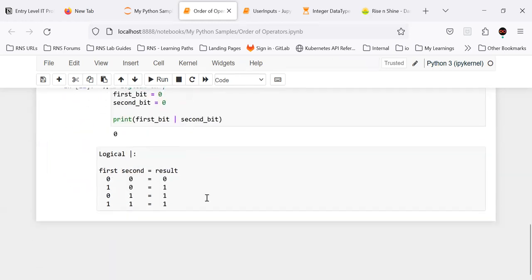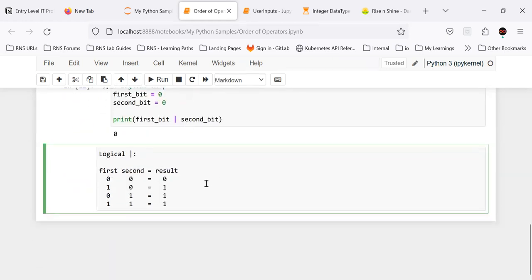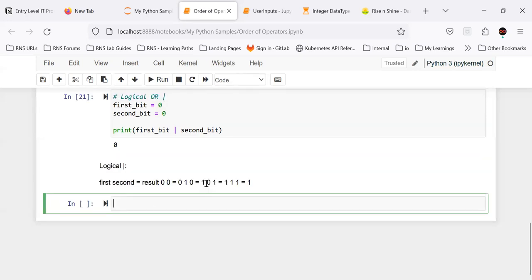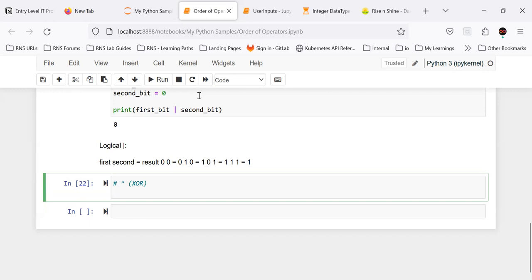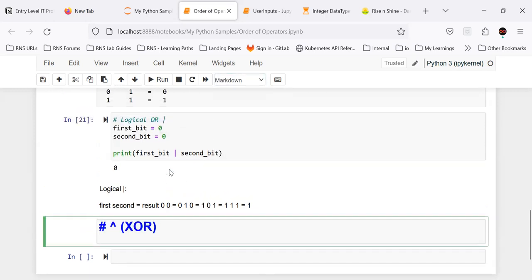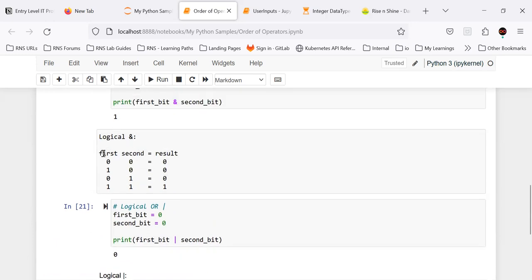Exclusive OR. So we are going to talk about the exclusive OR. First of all, let me explain this. What is the exclusive OR? Then I'll come back to the program execution. So I'm going to convert this one to markdown. So what is this logic? I mean, exclusive OR is